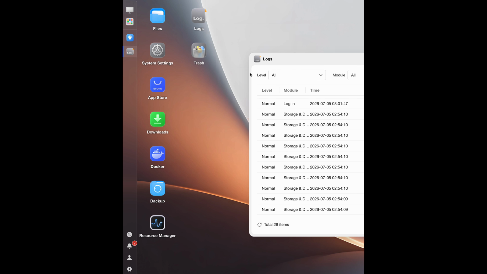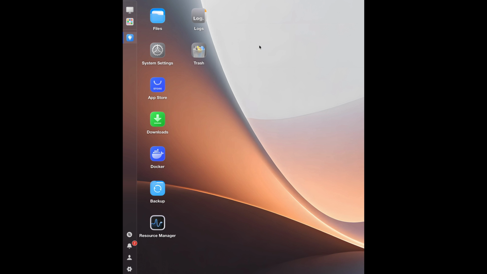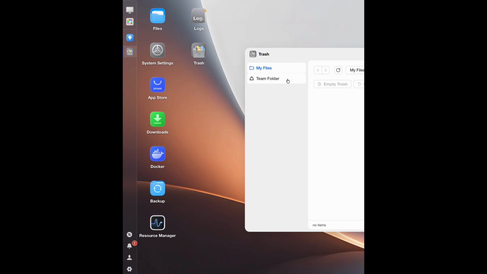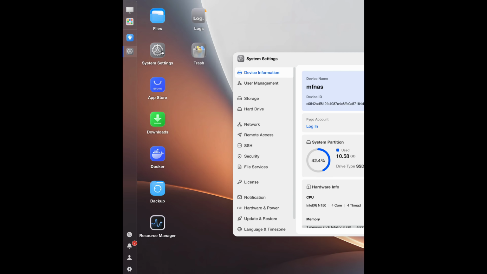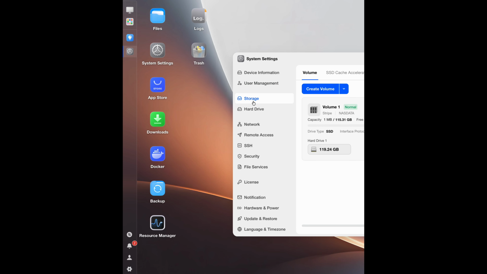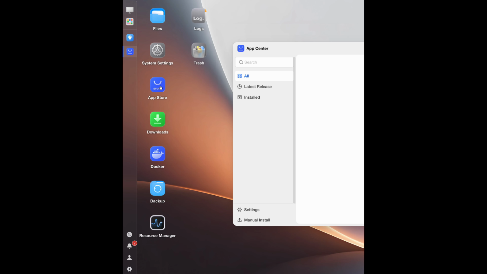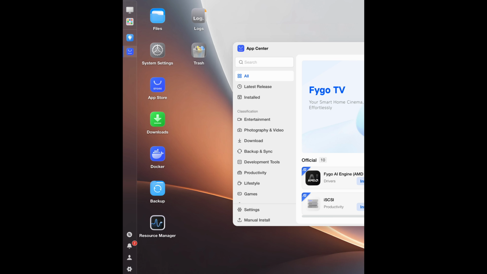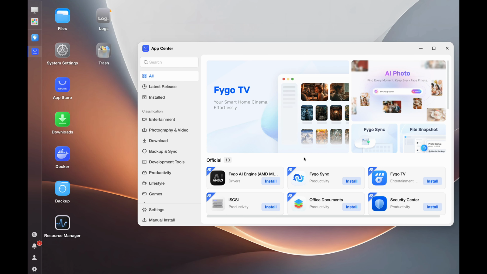So this is with the logs, and then this is with the trash. Upon choosing, this is what's available on the desktop icons. So here with the system settings, the user management, and then storage, it will show the default volume. Then